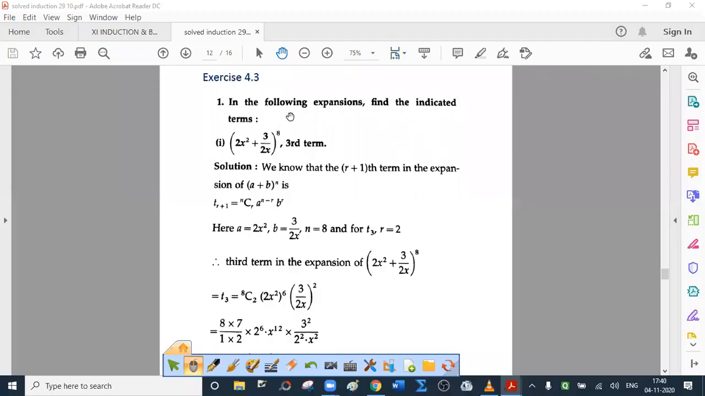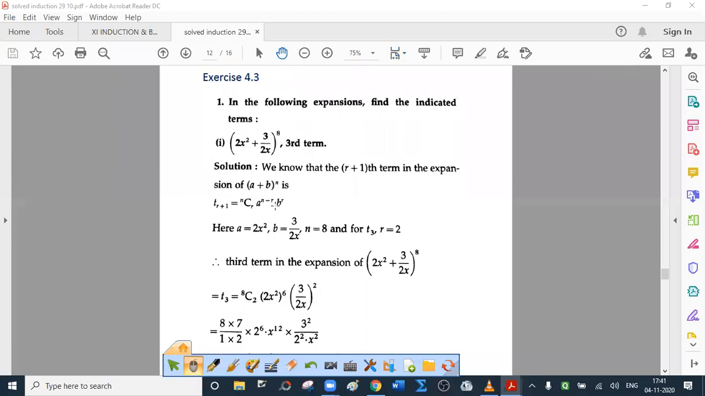Exercise 4.3. In the following expansions, find the indicated terms. See, we are not asked to find all the terms. For example, in the first, the third term in the expansion of (2x² + 3/(2x))⁸. Solution. We know that T(r+1) in the expansion of (a + b)ⁿ is